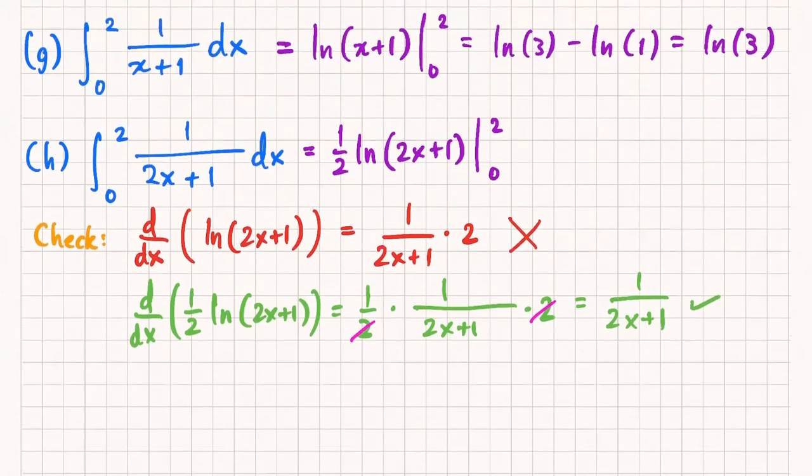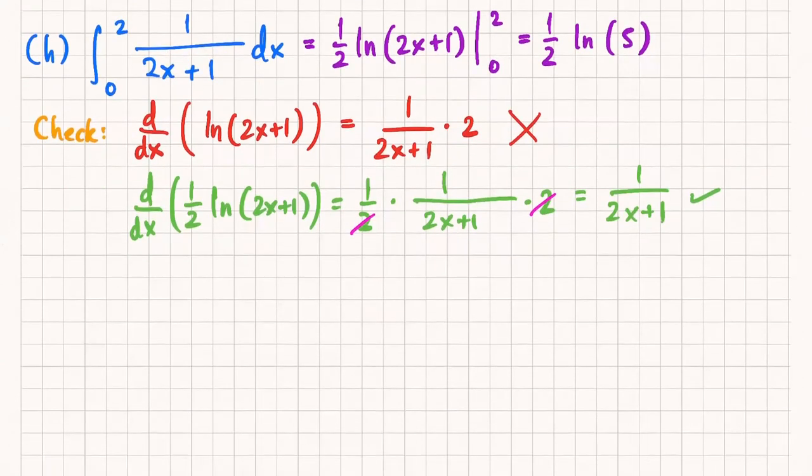Okay. Now let's just actually finish everything up here. So the 0 again gives us ln of 1, which is nothing. So I get 1/2 ln 5 for the final answer. But the big thing here is to understand how you deal with constant coefficients. So let's look at another